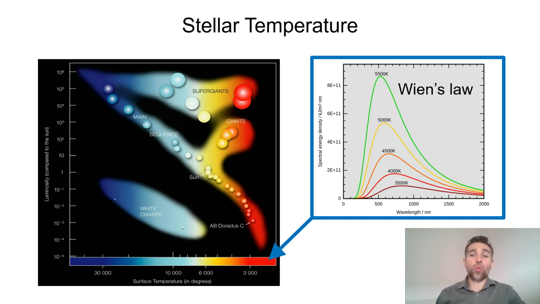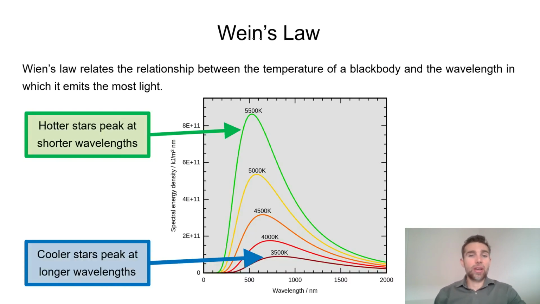you can then use Wien's law, the equation for that, to work out the temperature. So that's how you actually get the temperature, to plot it on these plots here. So you use some nice physics known as Wien's law. So, as I just mentioned, your hotter stars are going to be peaking at shorter wavelengths,